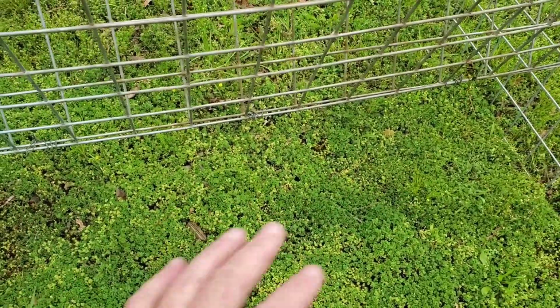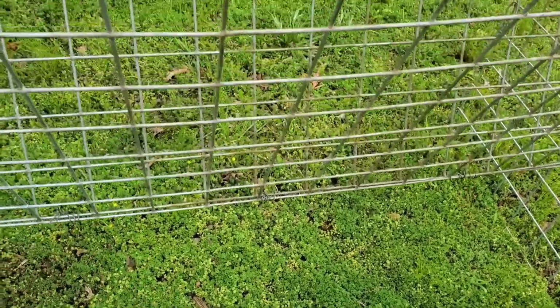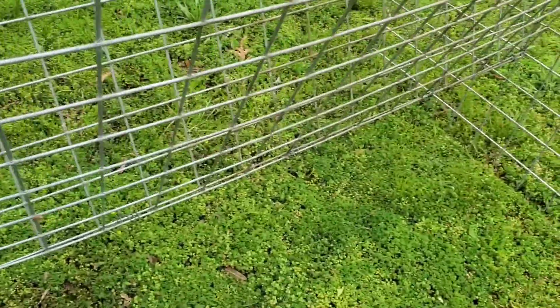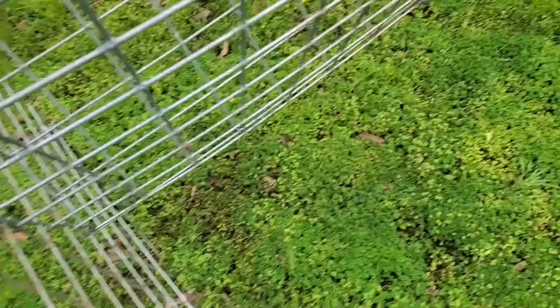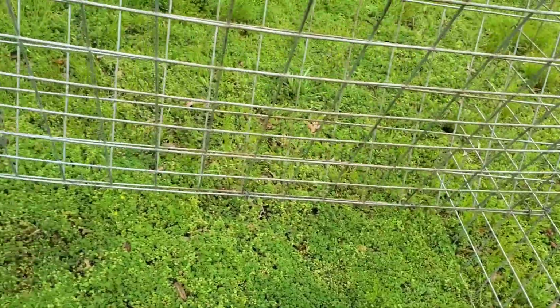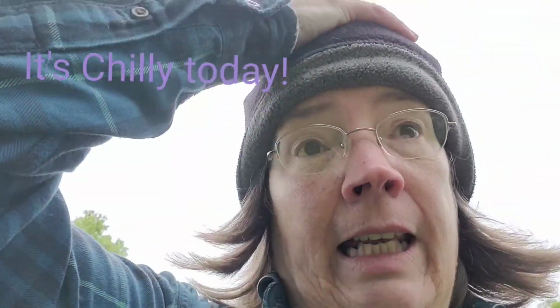But really all they do is they end up filling that trough up with hay. And I can pretty much guarantee that whenever they're using this feeder, they're going to have hay down here. But the cool thing is, this is so lightweight. It's a single panel. It's so lightweight that an individual can move it by themselves. So I could move this all over. I could actually move this all over the pasture and get the benefit of reseeding the pasture as I feed the goats their hay. One thing I might have to do,